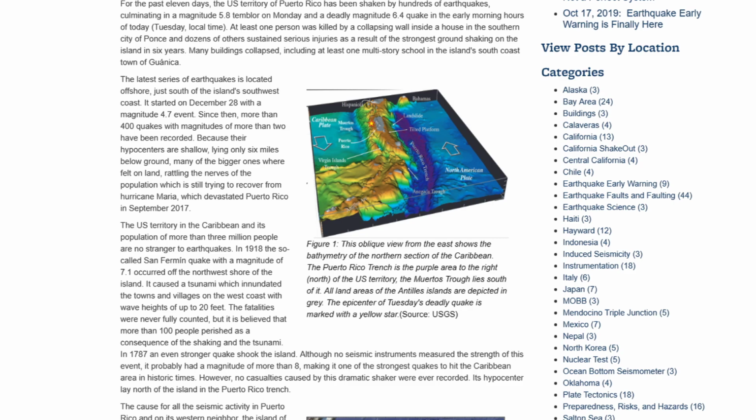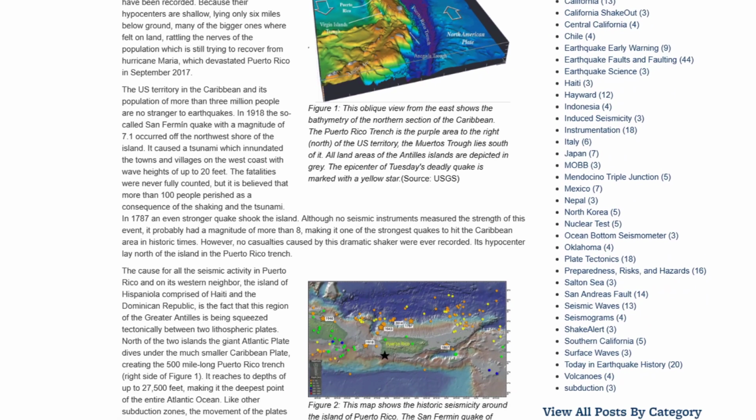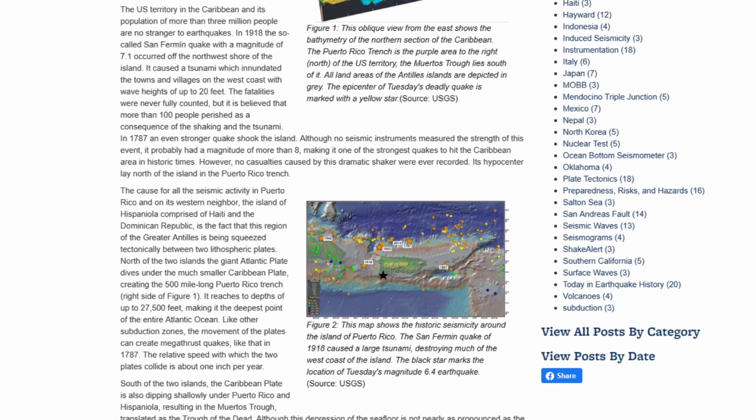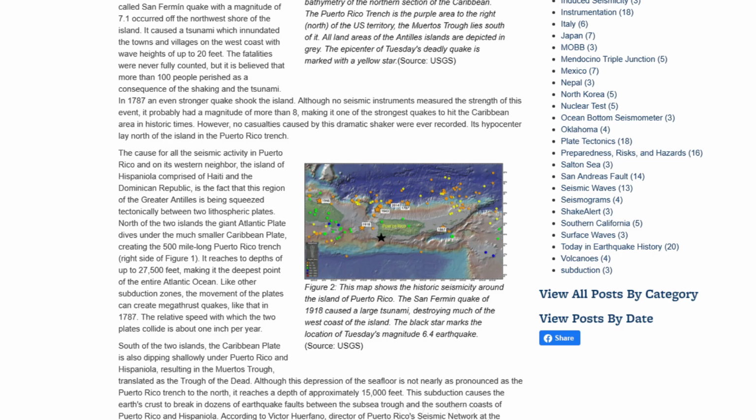Let's see if I can find the article where it talks about the large quake which struck back in... okay, so we can start right here. I hear my dog barking. The cause for all this seismic activity in Puerto Rico and on its western neighbor, the island of this here. I'm not going to read it all right here, but it talks about the island being squeezed tectonically between two lithospheric plates